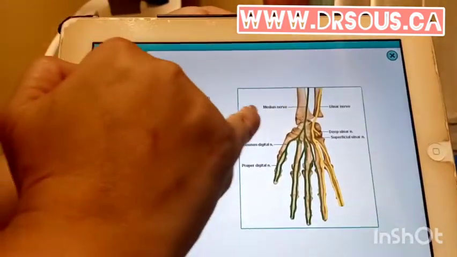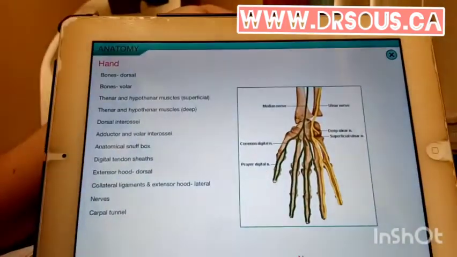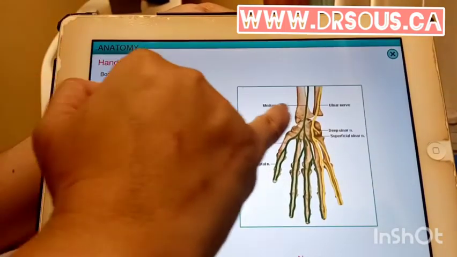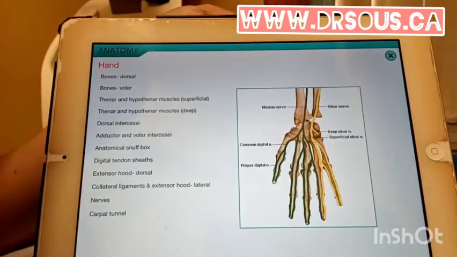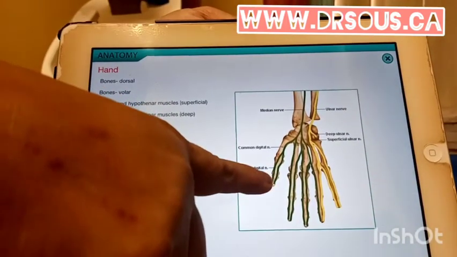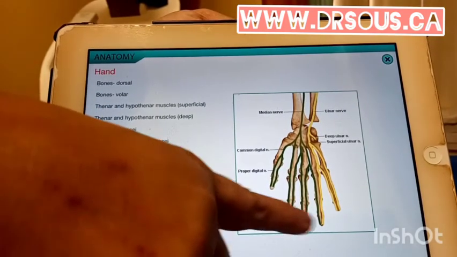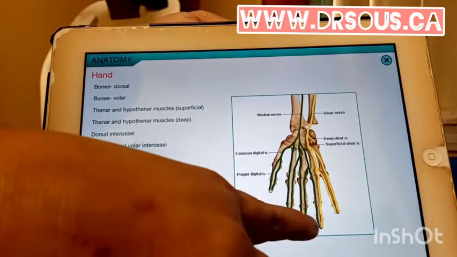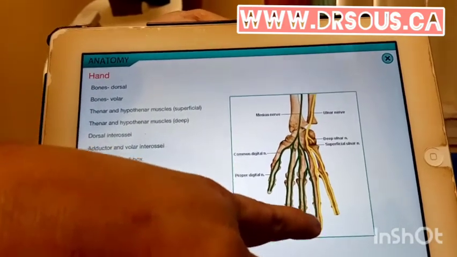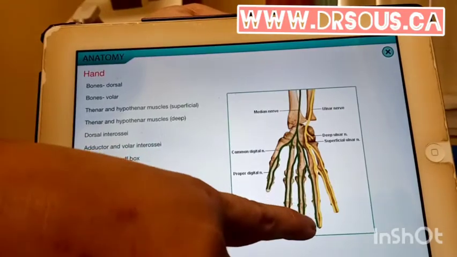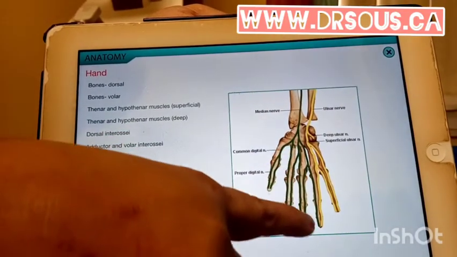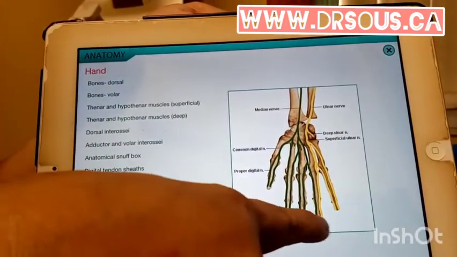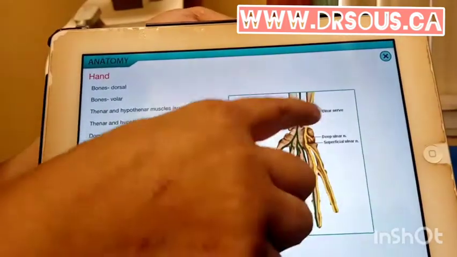So we have the medial nerve. Here, the important nerves are radial, median, and ulnar. The medial nerve is the nerve that is coming to innervate the thumb, the number 1, the number 2, and the half side of the number 4, you see anatomically, this is the medial side. And the other side of number 4 and number 5 is innervated by the ulnar